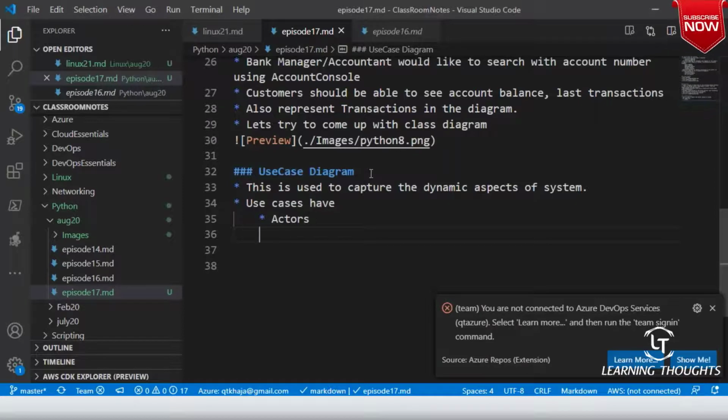A customer will go to the ATM machine and then he would try to do some sort of activity, right?